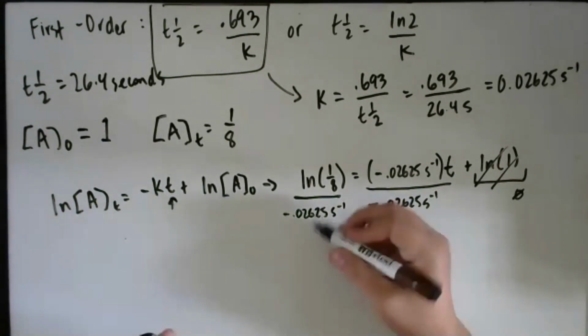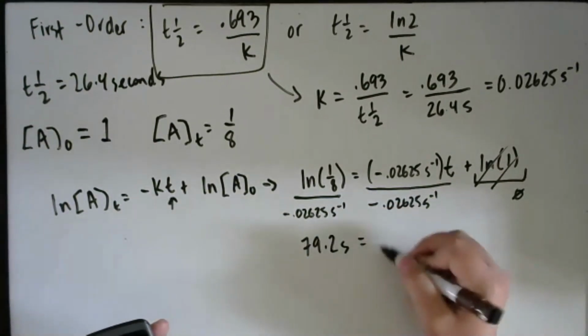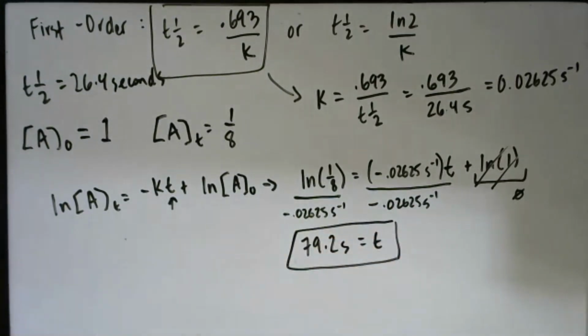Okay, and we get 79.2 seconds is the amount of time that would have to pass for us to go to 1/8 of our initial concentration. Okay, so you see, it's a very common way to present the information here, where they'll give you the half-life